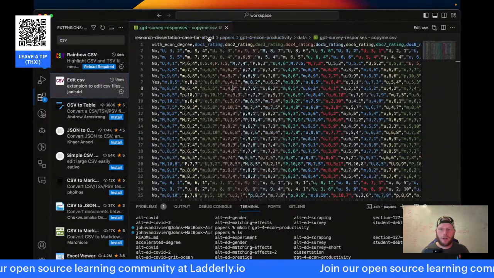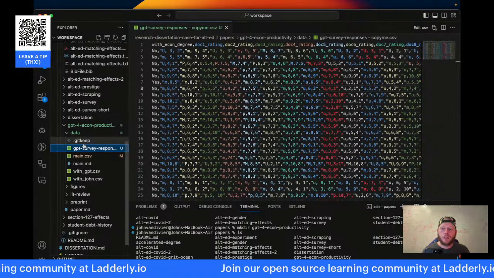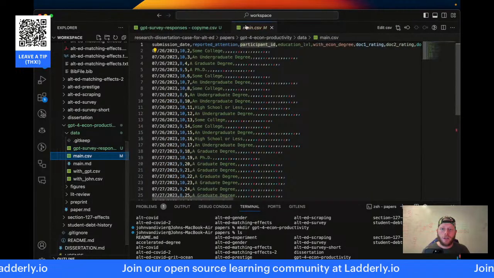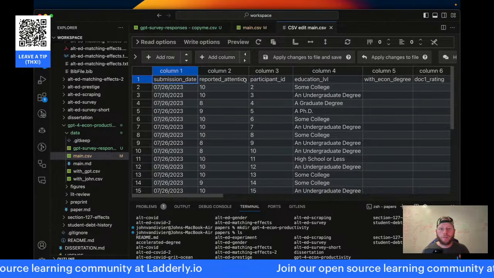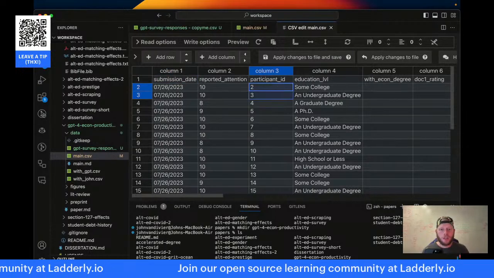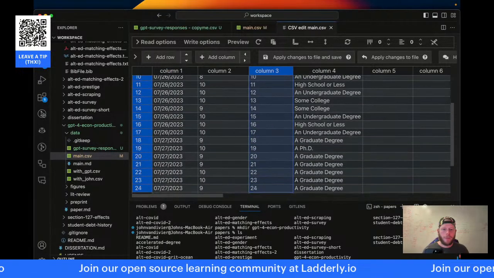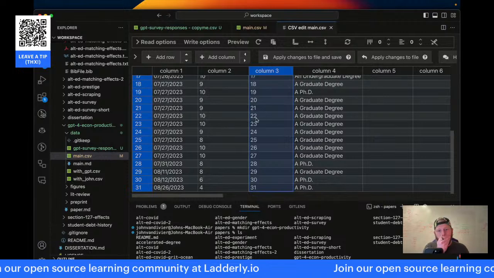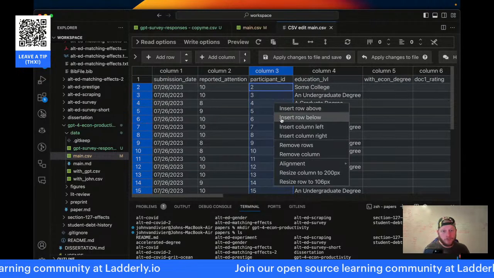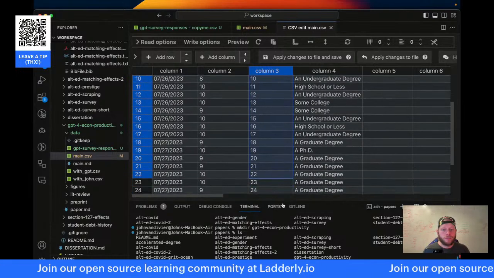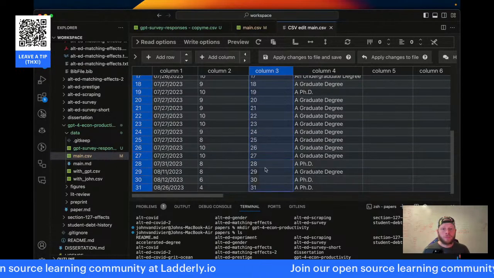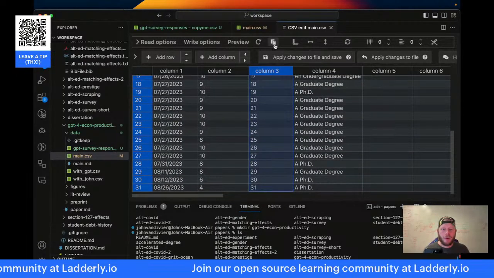So here's main, which has the participant IDs. Can I simply copy them? Is there not a copy function?